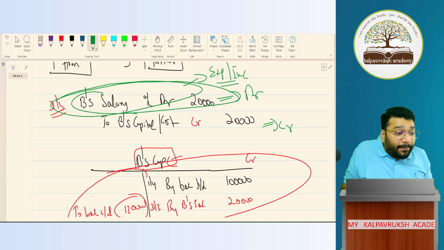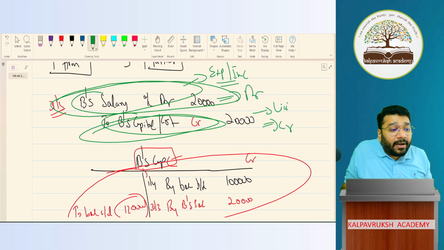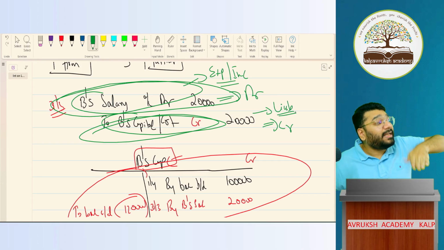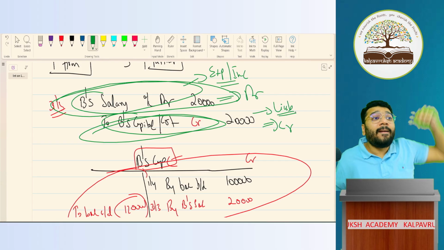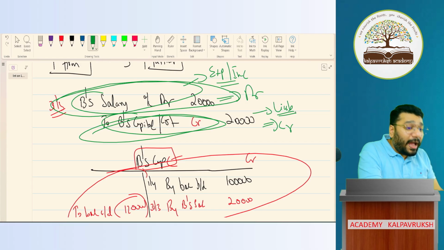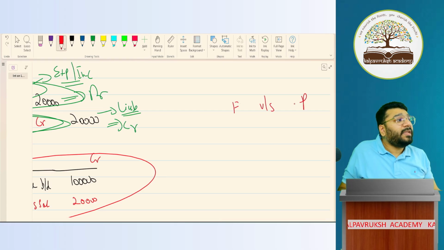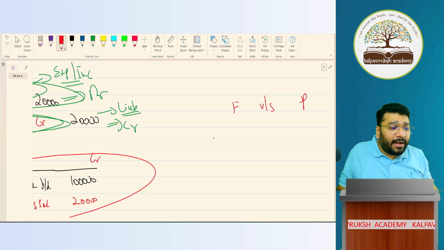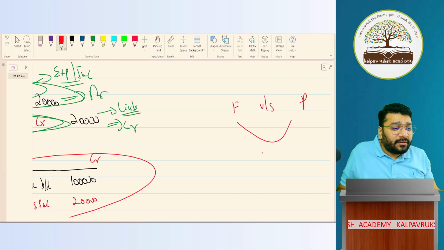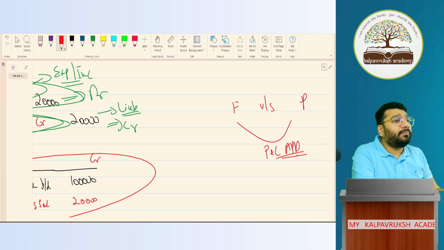Now this is B's capital. This is called the liability part. So any asset and liability part of the journal entry will go to the capital account. I'm telling you, if any transaction is taking place between the firm and the partner, which is routed through the P&L appropriation account, which is an appropriation item,